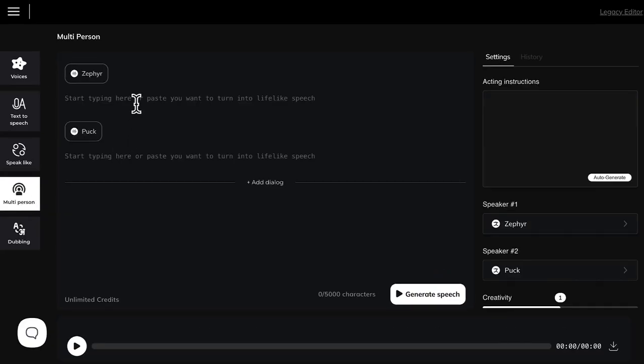Now, multi-person is where you actually can just type some general acting instructions on the right here. Let's say warm, friendly conversation between friends. And then you can do the same thing as before. You can put things in brackets. Laughing. I can't believe what my cat did today when I came home from work. Okay, and then that's the female, and then our male here, we could choose them on the right-hand side, the actors. The male will say,